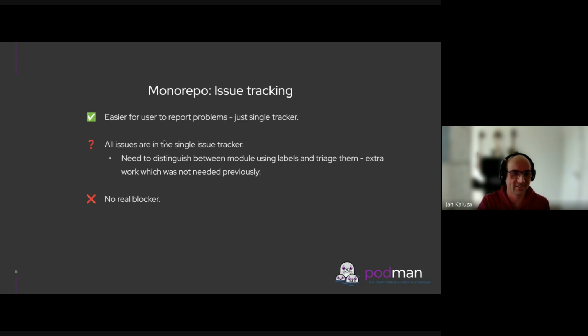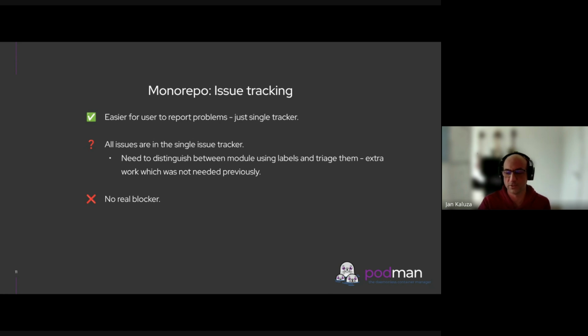Issue tracking, that's an interesting problem, because in case we would use a MonoRepo, we should probably also move the issues to that single repository, because having a project just for issues is not very practical, and therefore all those issues would be mixed together, and we need a way to distinguish between the issues for particular Go modules or projects in the MonoRepo. And usually it's solved by the labels, which are added there by whoever triages the issues, or even